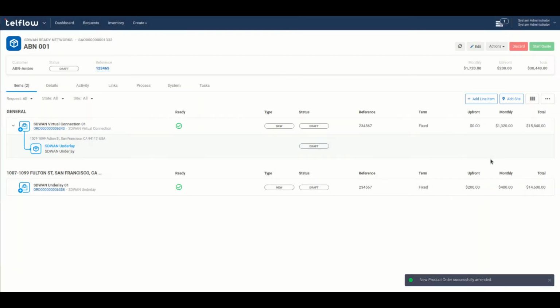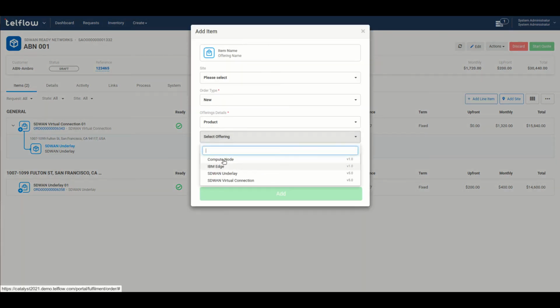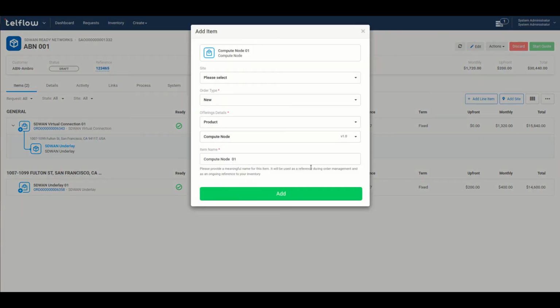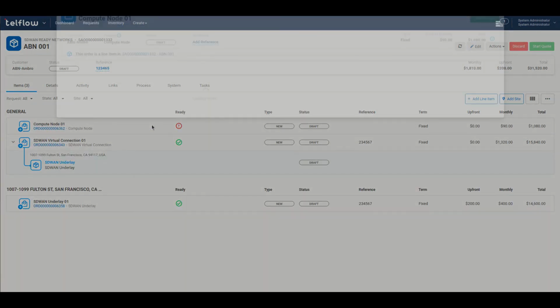And just close this one down. So you can see we've got our sales order summary price up the top here. I've got a couple of other products that I want to add in. So I want to add in a compute node because I might have an IoT application and I need to